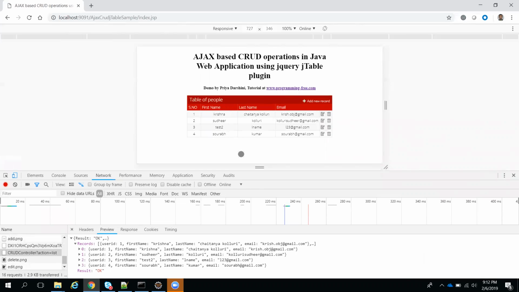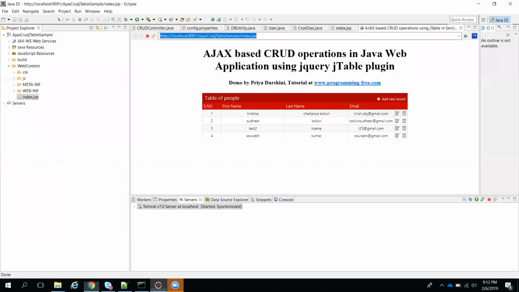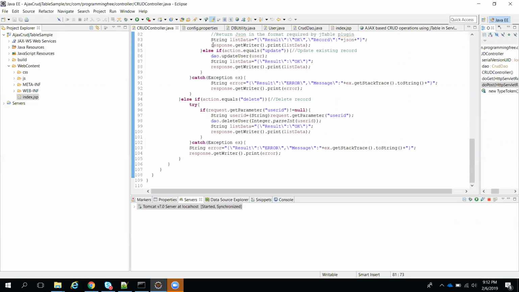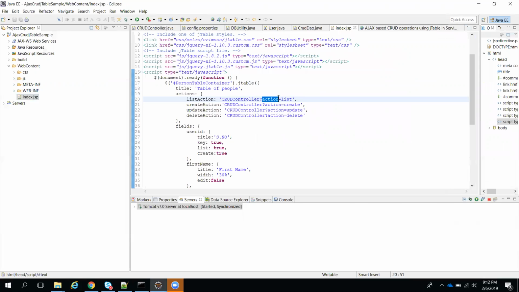But to configure this, what we are doing is simply writing simple HTML, just passing the action to the controller.java. Now I will show you where it is. We are defining index.jsp. See, we are just mentioning our action and making this title. See, title, key, list, and create true. Suppose I remove this create true, right? What will happen? I will show you. I will remove create true now.